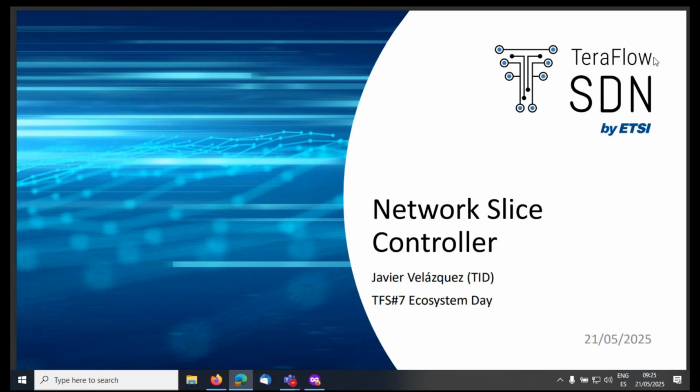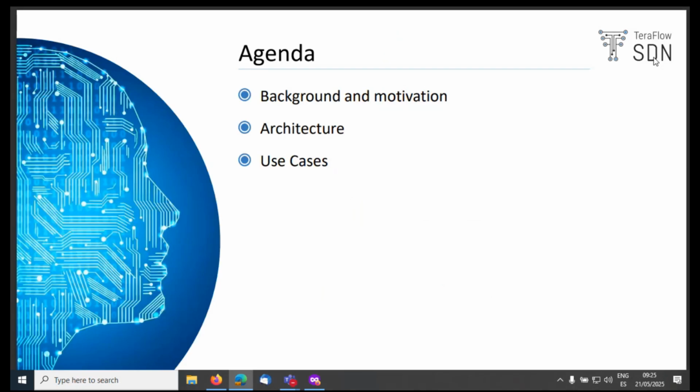Okay, so thank you for the introduction, Ricard. Yes, as you mentioned, I'm going to present in this ecosystem day the network slice controller. As some of you may know, this is one of the main features released in the latest release in TeraFlow, and it is the main component being developed in the Hackfest we are conducting these days also here at CTTC. So the idea for this presentation is, well, giving you more insights about this component with